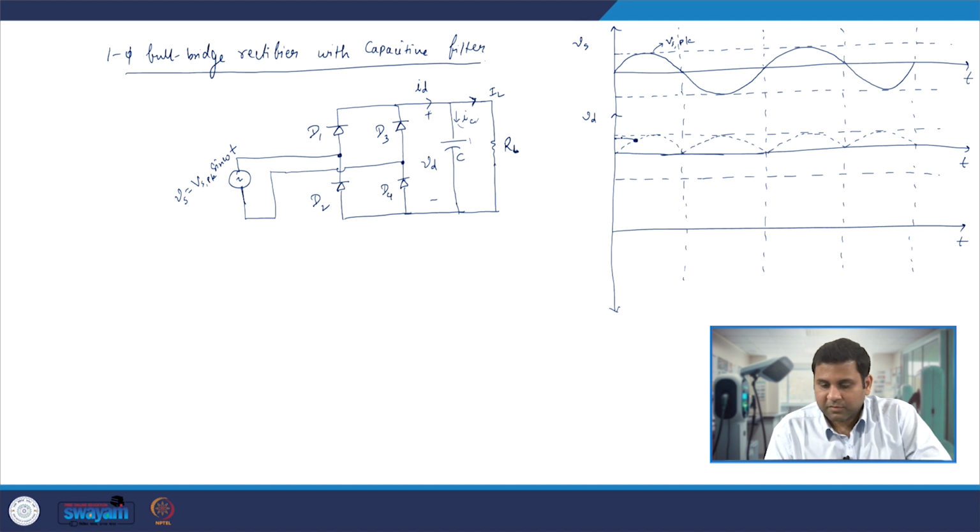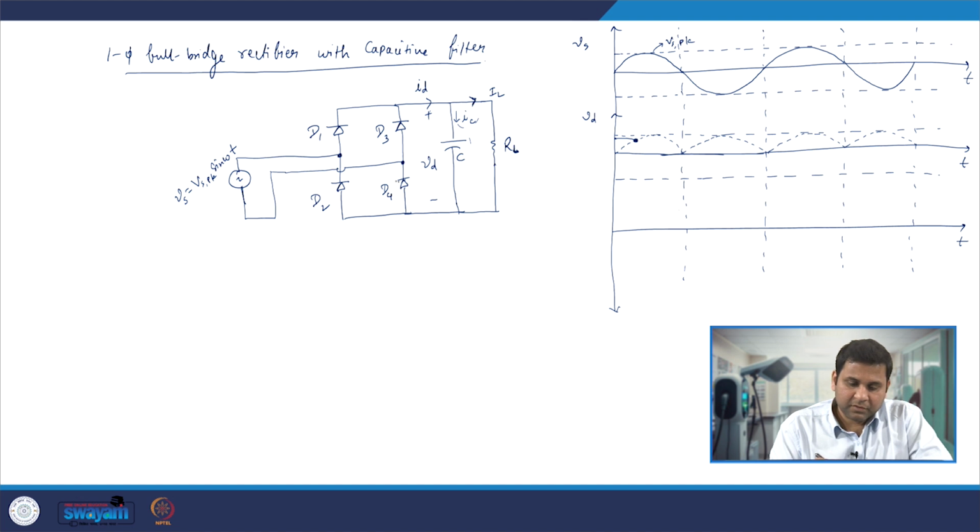So that is why it discharges from a certain value to its value at the point where this Vs will become equal to this voltage Vd. After that point, Vs will be greater than Vd, and at that point where Vs is greater than Vd, D1 will be forward biased, because in this particular circuit the anode will have more voltage as compared to the cathode, as a result of which D1 is forward biased.